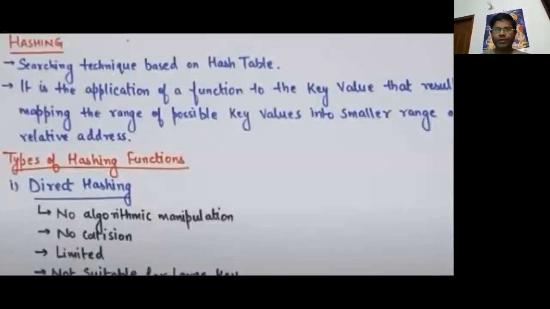So today we are going to discuss basics about hashing in data structure. Before starting with hashing, we have to understand three basic topics: the basic definition of hashing, the purpose of using a hash function, and the hash table. First I will introduce these three in detail. Then after that I will discuss various types of hashing functions that are used.